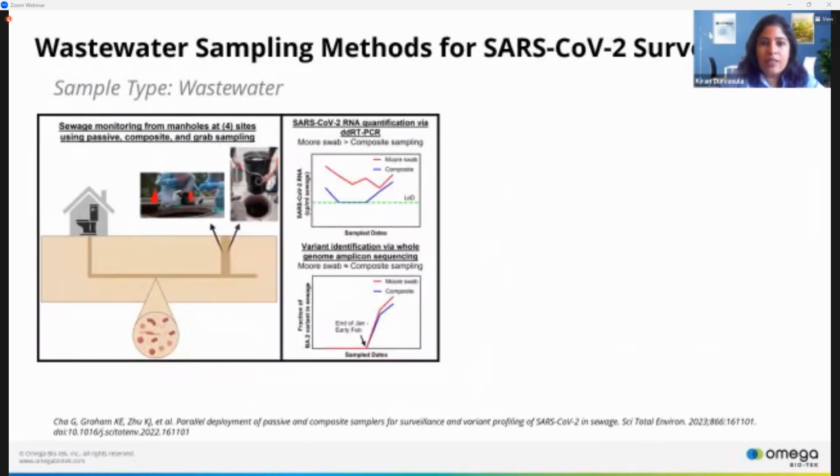So on the left is a pictorial of the experimental plan. This was carried out on a college campus. So they had four different manholes where they grabbed samples from. And the main takeaways are, the Moore swab, which is a passive sampling, inexpensive technique, actually did better in terms of